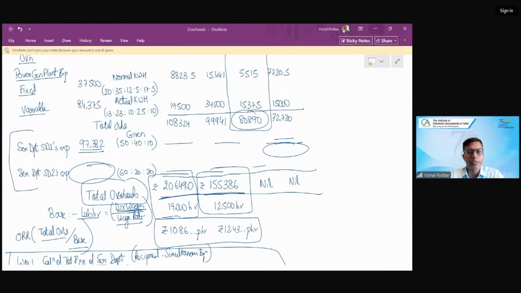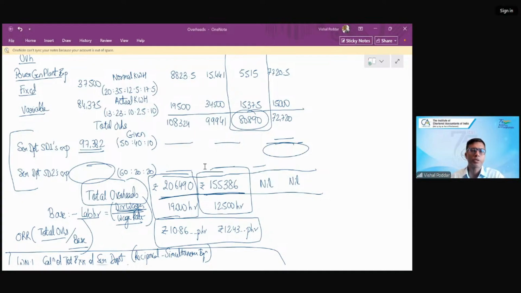So that's it, all students. You have to practice all questions from your modules. What you don't have to practice is two types of questions. One is the machine hour rate and one is the under or over absorption, because these are the two types of questions that we are going to deal with in our next class, which is the third class for overheads, where we'll complete overheads. But other than these two questions, please solve the remaining questions from module, from your MTP, from your RTP, so that whenever we discuss in the next class, if there is any doubt or query on any of this, you can put it across to me. Fine.